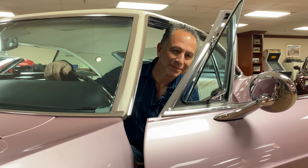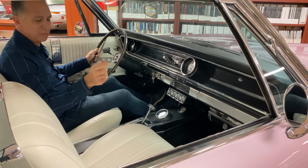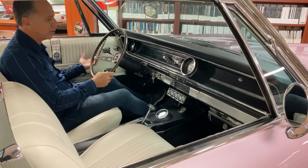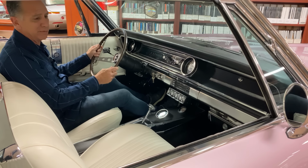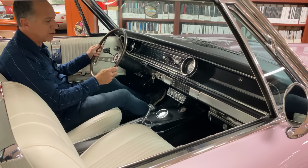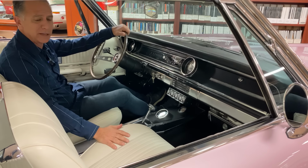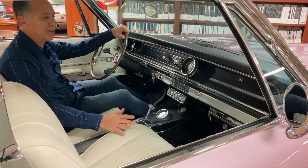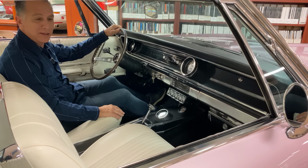windows, has a remote left side mirror, has the right side mirror, which is an option. It just goes on and on. Cruise control, air conditioning. I mean, this thing must have been really, really expensive when it was new, because you could load up this thing, probably, the way this car's equipped, it could cost as much as a Cadillac by the time they got done loading it out. I don't know if the Chevrolet intended everybody to order every option on one car, but this guy did,